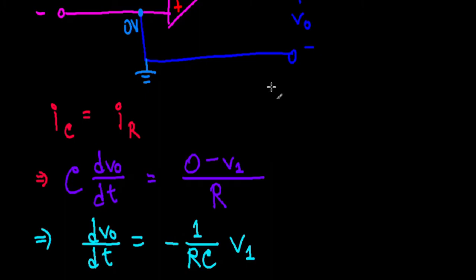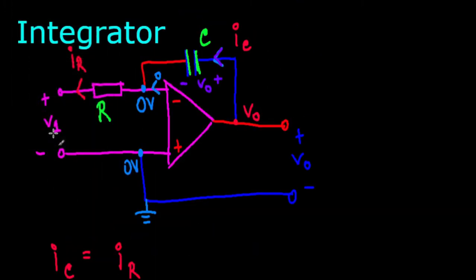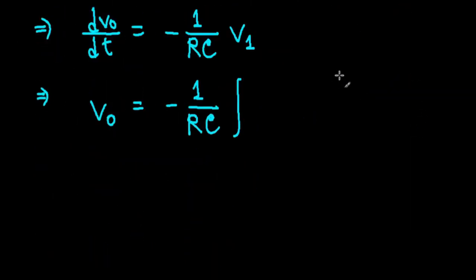So this is 0 when t equals 0. This is usually the assumption that's made, and if you make that assumption, you can take the definite integral of both sides. You'll have from 0 to t of v1 dt. Same thing here, if you take the definite integral of this side from 0 to t,